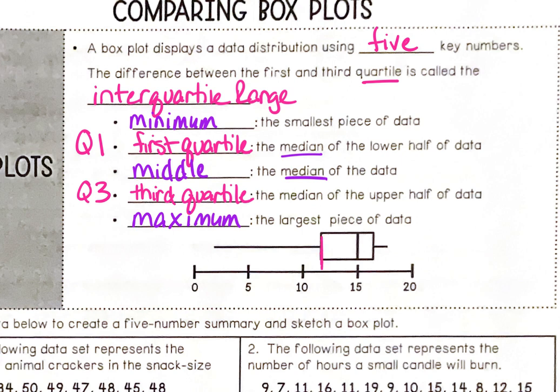This number right here, whatever it would be, that would be your Q1, your first quartile. The end of the box would be Q3, your interquartile. This right here is your median. It's right in the middle. And then this right here would be your minimum. I'm going to abbreviate. And this right here would be your maximum. Okay, so we look at those pieces of information and then we go from there and kind of plot things as we go. The biggest thing you need to make sure is that everything is in order from least to